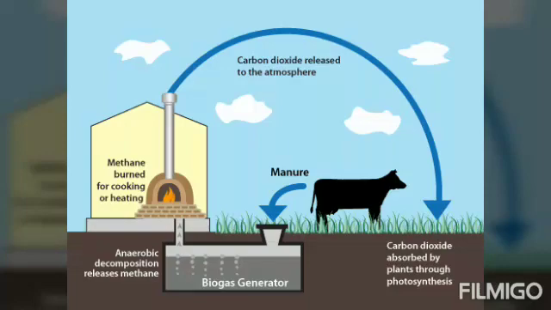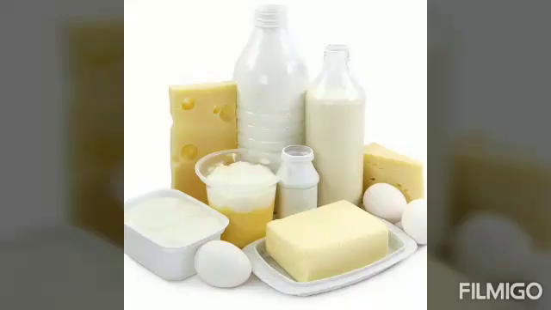Certain bacteria are there which help in the production of biogas. Now what is a biogas? Biogas is actually a fuel which is used for cooking purpose, and it is obtained by decomposing the cow dung. So in the villages, the cow dung is decomposed and from there the biogas is produced. And the solid and the liquid waste which are left after the production of the biogas, these can be used as a manure or plant fertilizer.